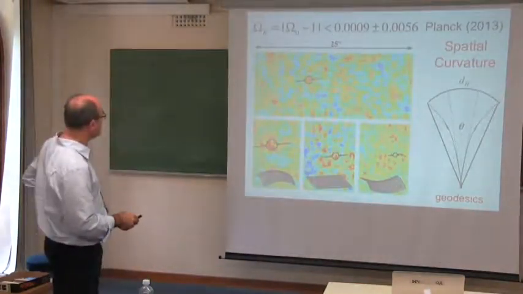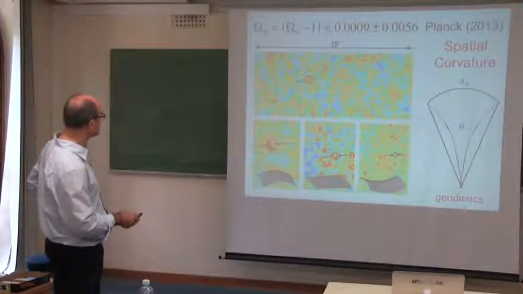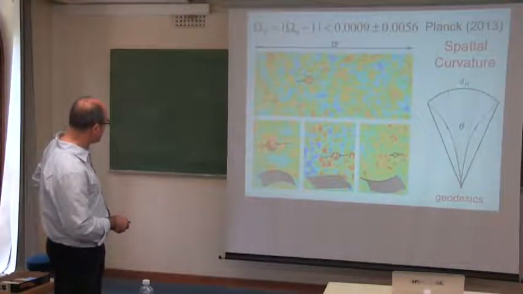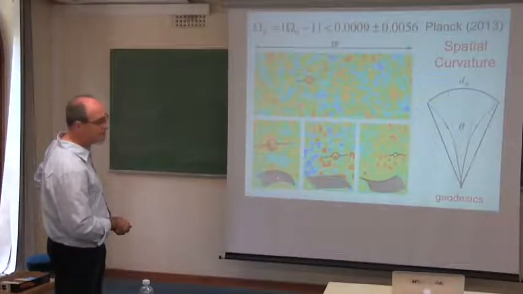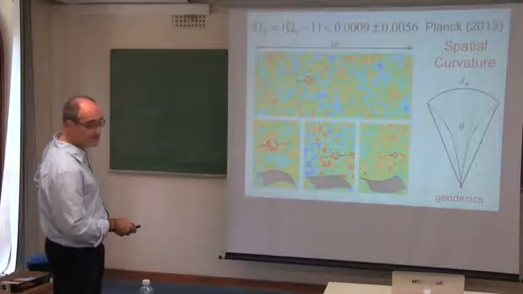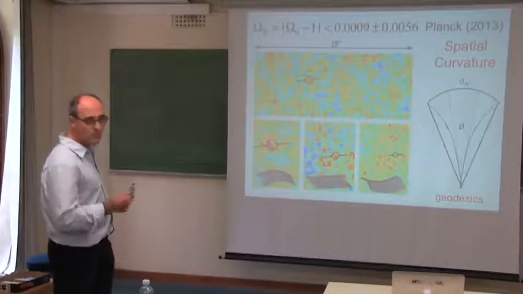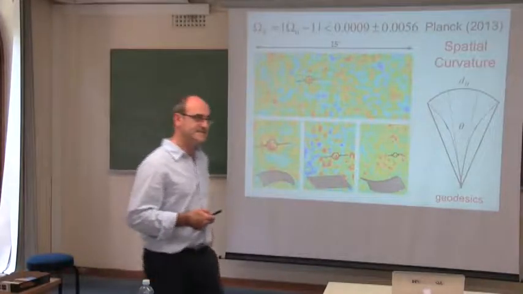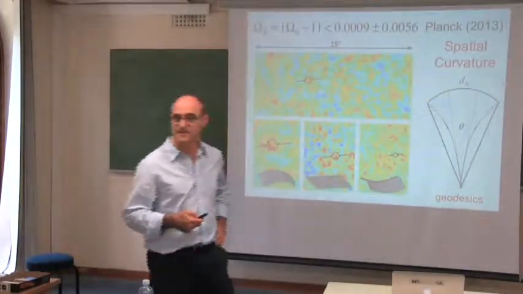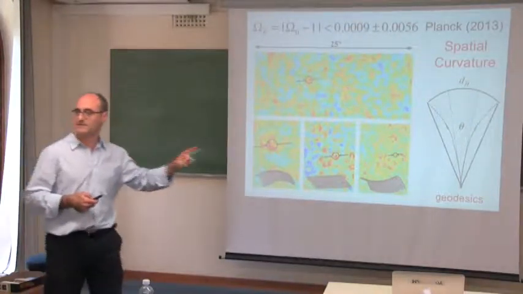In pictorial way, this is what WMAP observed, and in high resolution what Planck observed. This is what it would have observed if the universe was closed, and this if the universe was open. The fact that it did observe this with the same scale to 1 part in 10 to the 3 is the best evidence we have that the universe is flat. No other measurement is as precise as this one to tell you the universe is flat.